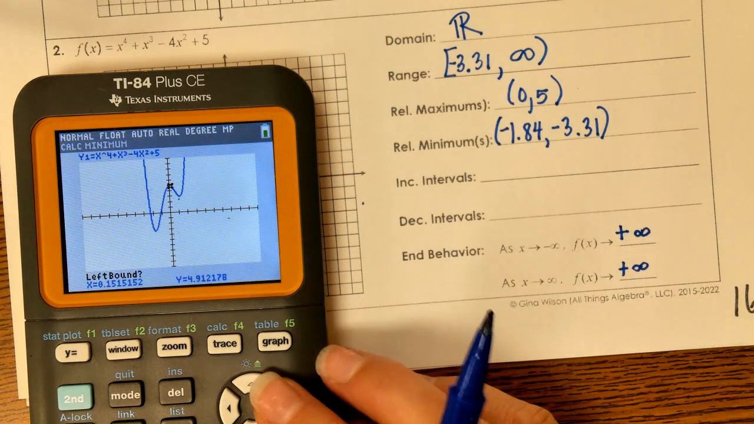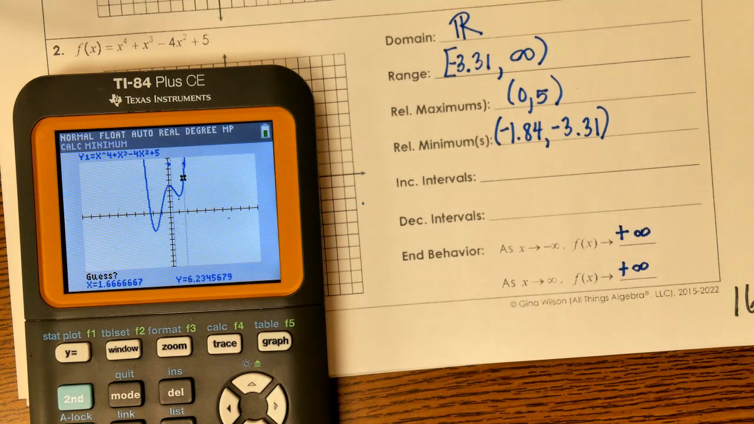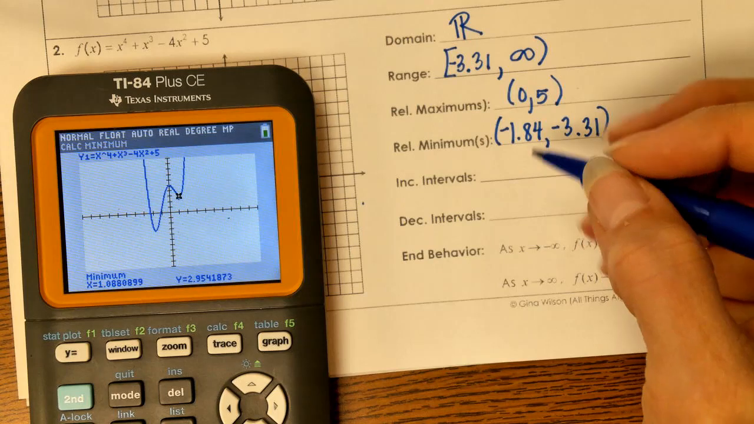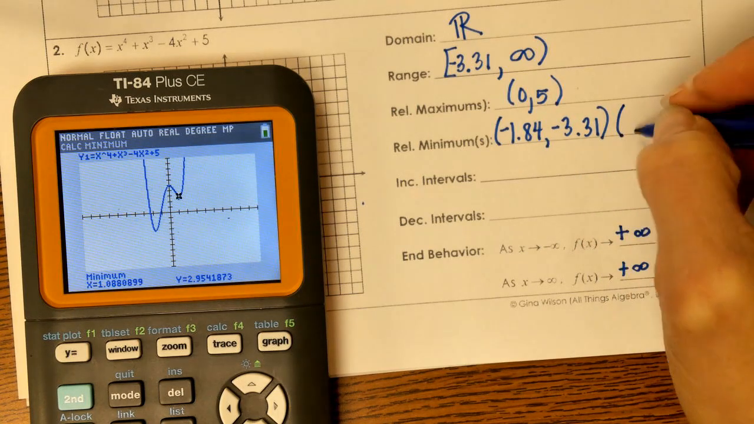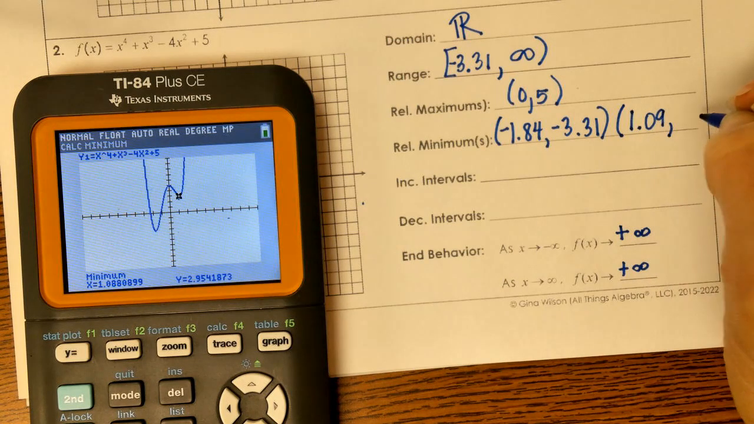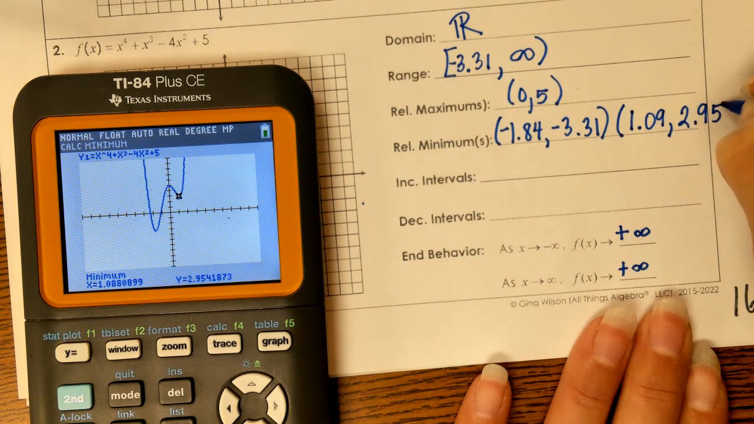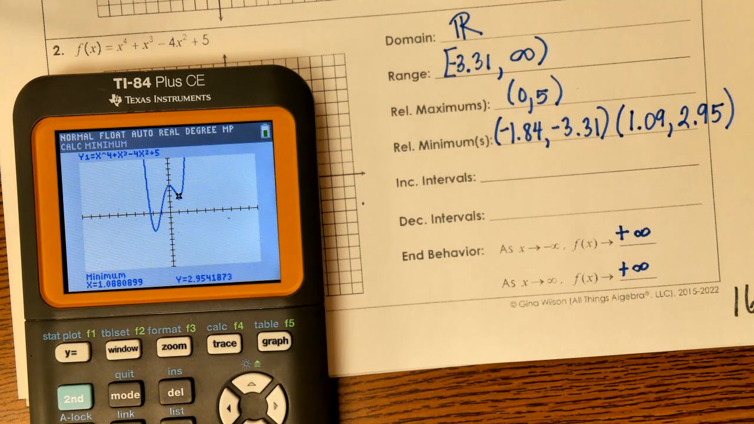I am already to the left of it, hit enter, move to the right, hit enter, and hit enter to get your answer. So our other minimum is located at x equals 1.09, and the y is at 2.95. Okay. These are our minimum and maximums for this problem. Now,